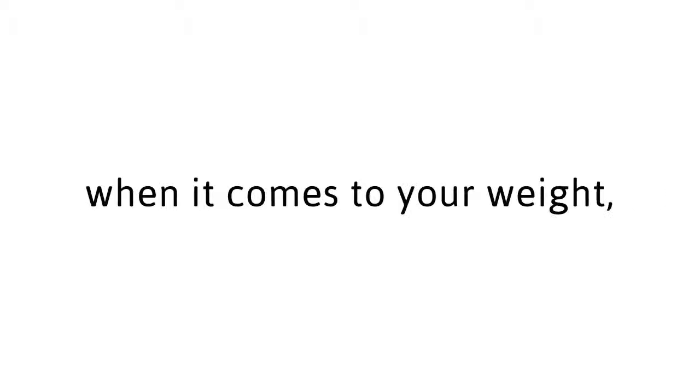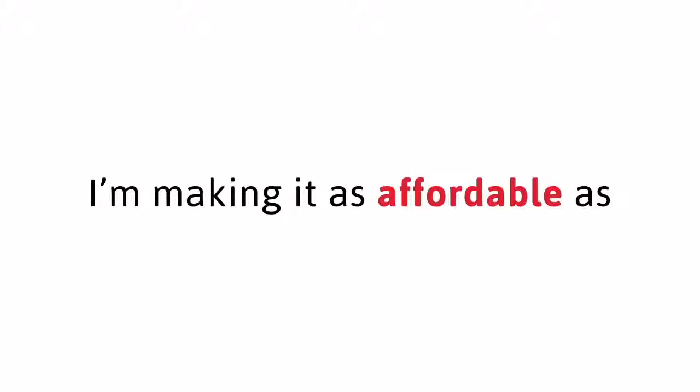Why does this program cost so much less than other programs? I'm so confident in the effectiveness of this program and the miraculous red tea recipe that inspired it that I know it's going to be a huge success. Plus, I know what it's like to feel helpless when it comes to your weight, so I want to help as many people as I possibly can. Since I don't want the price to stop you from getting the body you want, I'm making it as affordable